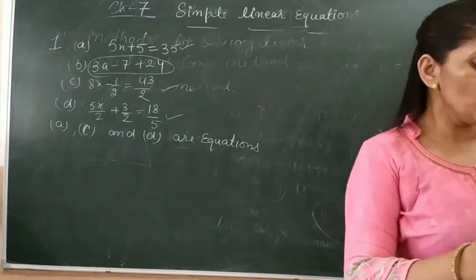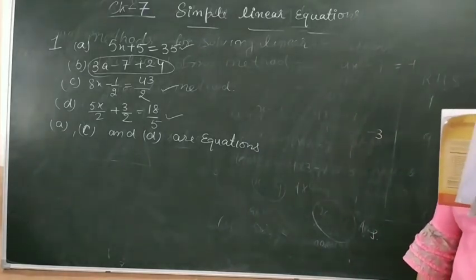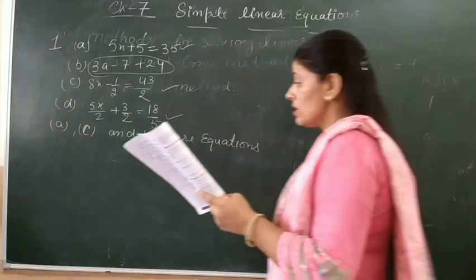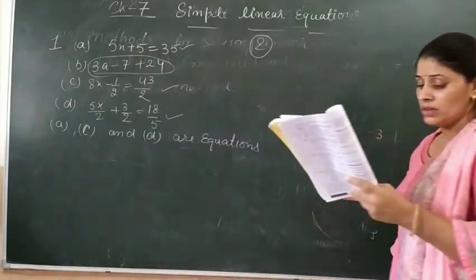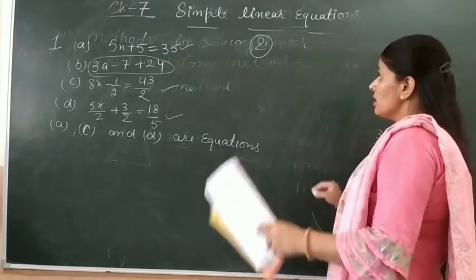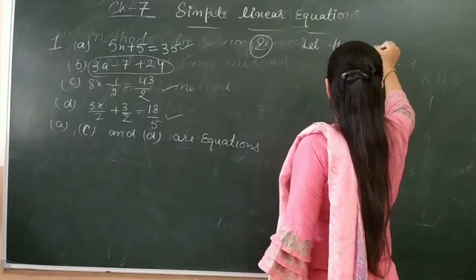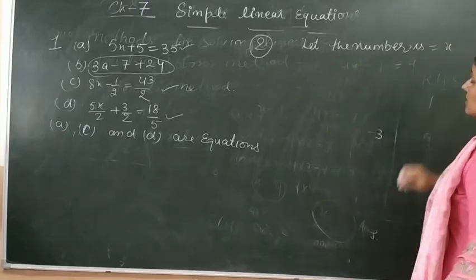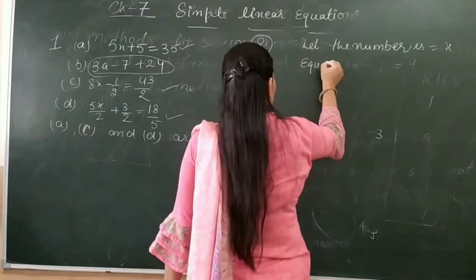Second is, form the equation for each of the following statement. First is, a number added to half of itself is 9. A number added to half of itself is 9. So let's take the number. The number is any variable. Let's say x. X is your number. Now equation is